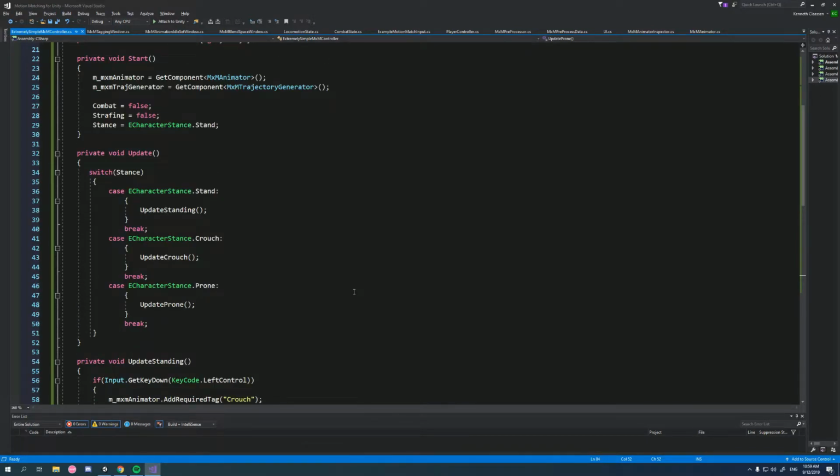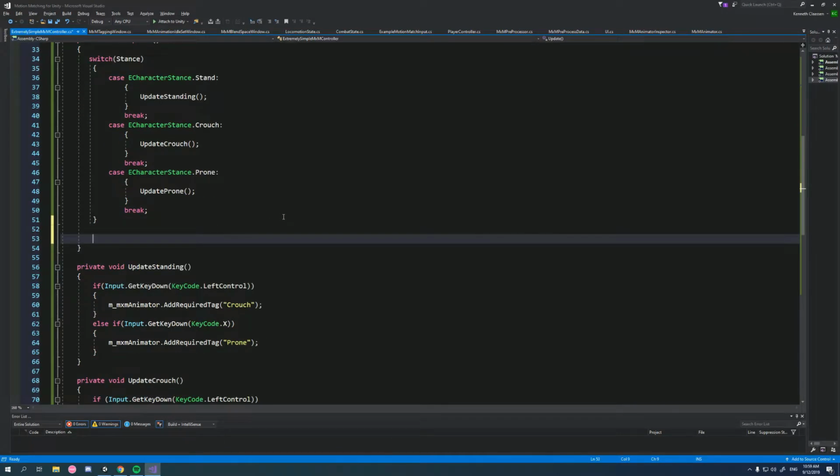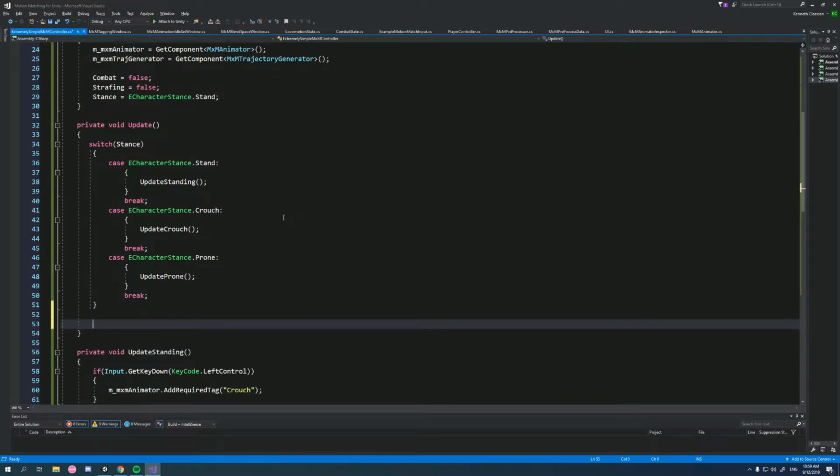It's just a Boolean, and in our case, we're going to say that within any of these stances, we can turn strafing on and off. We could strafe while we're crouching, standing, or prone. So it can actually live outside of the switch case statement as a separate thing. And maybe when we right click to aim or something like that, when we're holding down the right click, it will